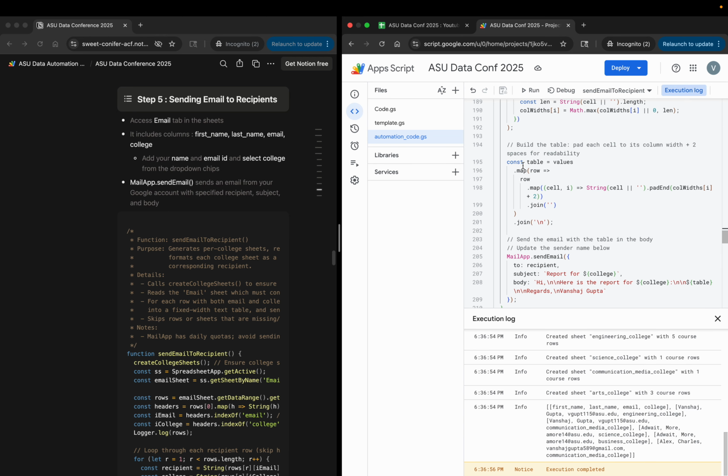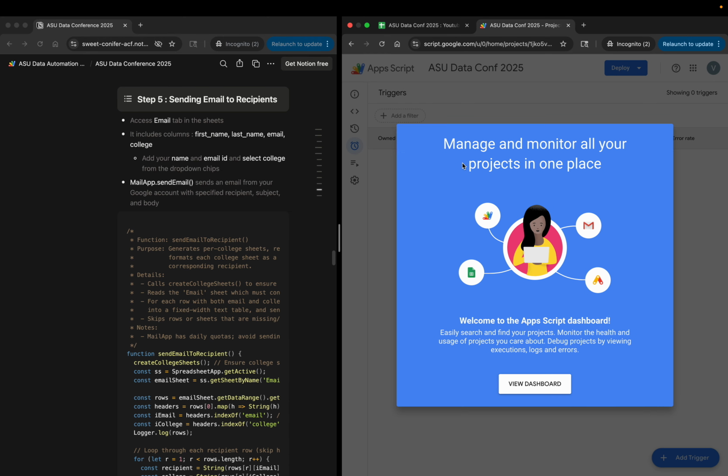Now, lastly, this was fun. Starting from reading the data, formatting it, creating different tabs, and then sending it via email. But now if we want to automate this, that's where app scripts will be more impactful to us, so that we can focus on some other data driven initiatives. So in order to set trigger to your app scripts, head on to triggers tab in app scripts.